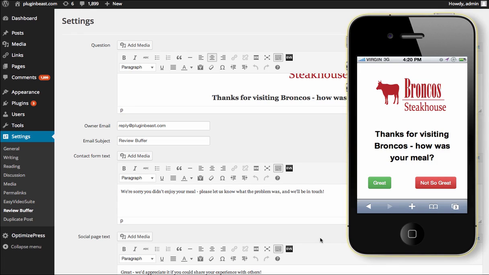Hey there guys, Jamie here, and in this video I'm going to show you a demo of how the ReviewBuffer plugin works, how easy it is to set up, and ultimately how you can do this for any of your